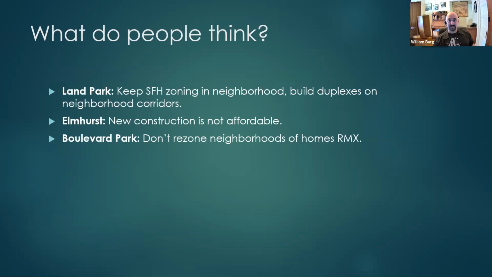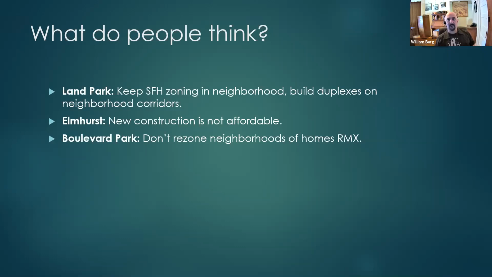Elmhurst has raised the point that new construction isn't affordable. It doesn't cause affordability automatically. We talked a little about that with filtering. If you demolish existing buildings and build new construction, the new construction is more expensive, not less, and it's going to take decades. So unless there are some policy changes around affordability, or some very different changes in not just the legislation or the rules on how buildings are built, but the way buildings are built, because it's the materials and the labor that cost so much money, they're not going to get more affordable.